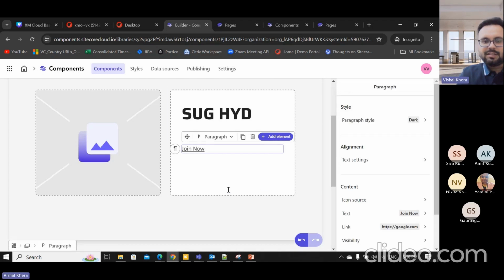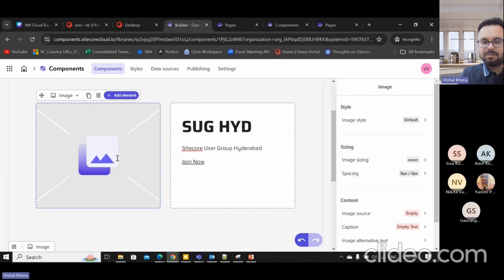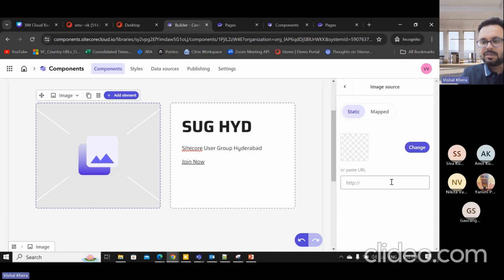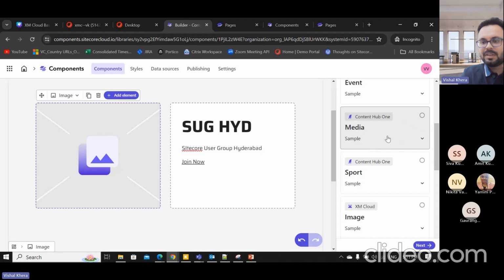And this is some basic thing which I have created for the image as well. Right now it is blank because we haven't mapped. This is the component only, but we haven't mapped it with any data source, right? So the image source is empty. So either we can give the URL or we can simply select the image from our desktop or a mapped one as well. So if I see any of the existing media,